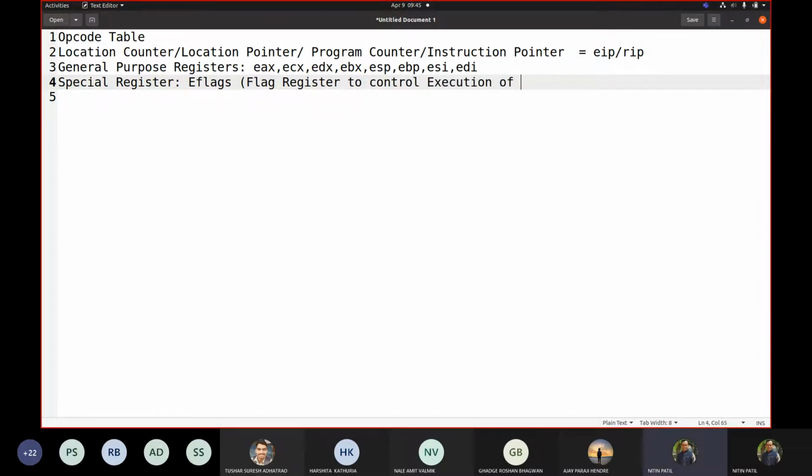Control execution of program. Flag register to control execution of program. Further, we saw, or we would be using another data structure called